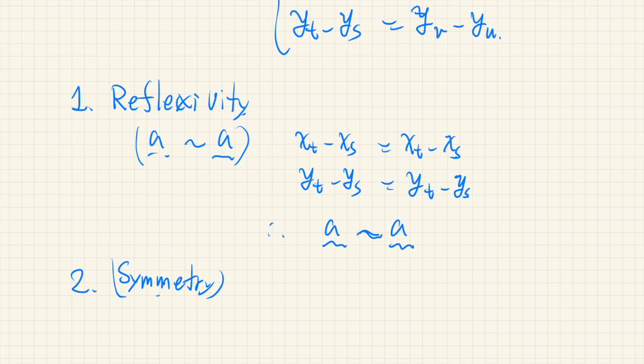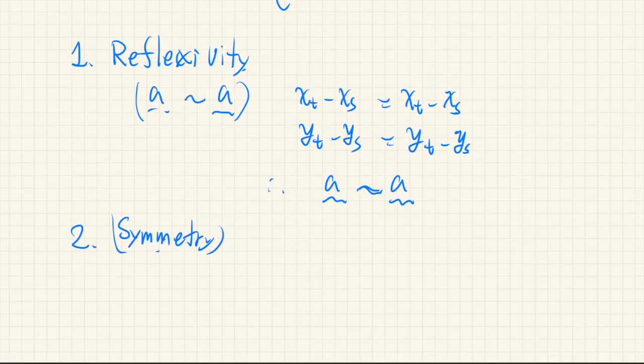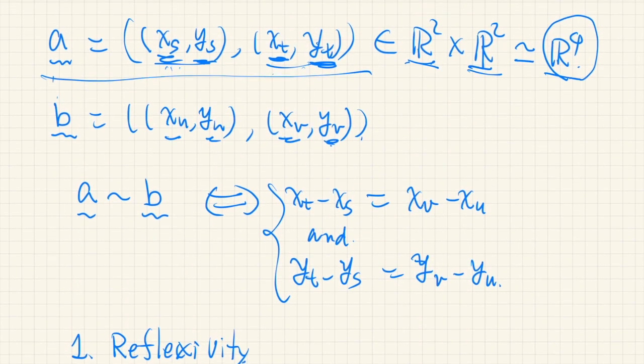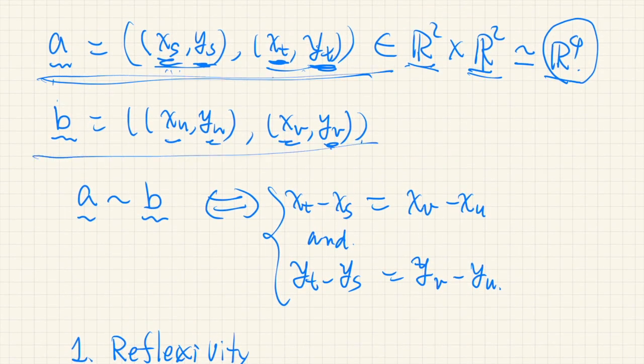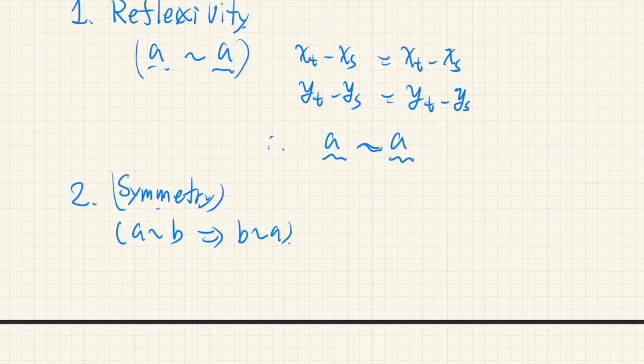Second, we need to show symmetry. We need to show that if A is equivalent to B, then B is equivalent to A. So let's say we have this A and this B. Suppose A is equivalent to B, then